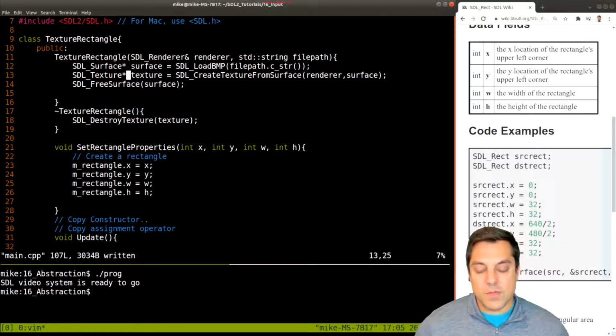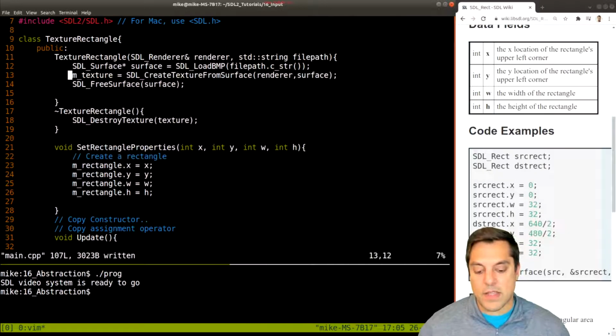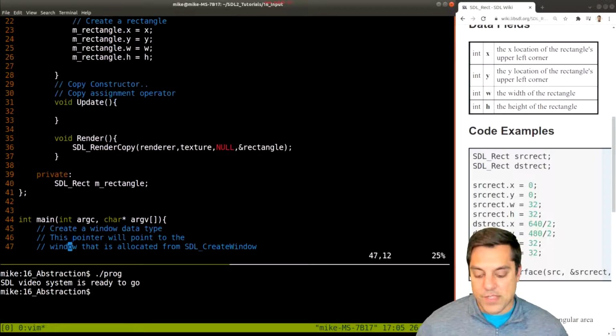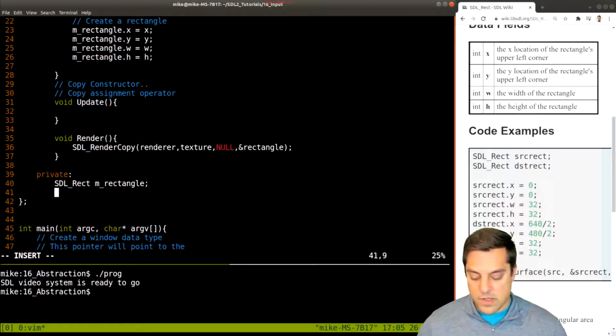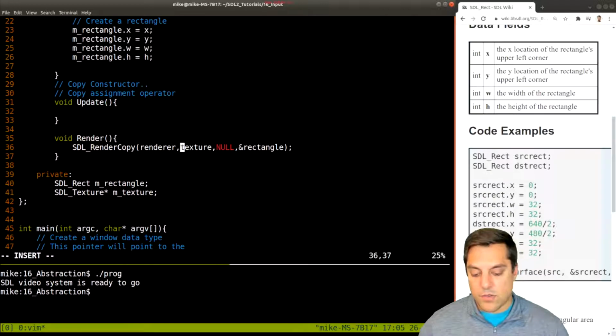Okay, so some other things I'm going to want to refactor here is I'm going to want this texture to be one of our member variables here. And I'm going to go ahead and make that a pointer so that we can hang on to it there. So let's go ahead and add SDL texture here and M texture. Then part of our render function will also be M texture, and our render needs to, well, take in the